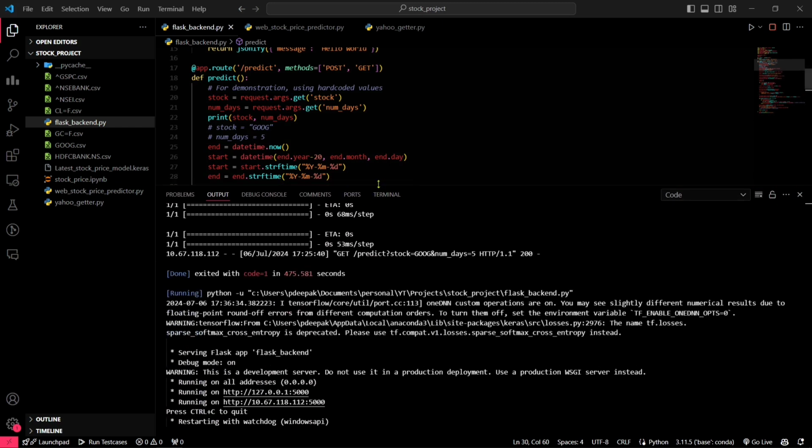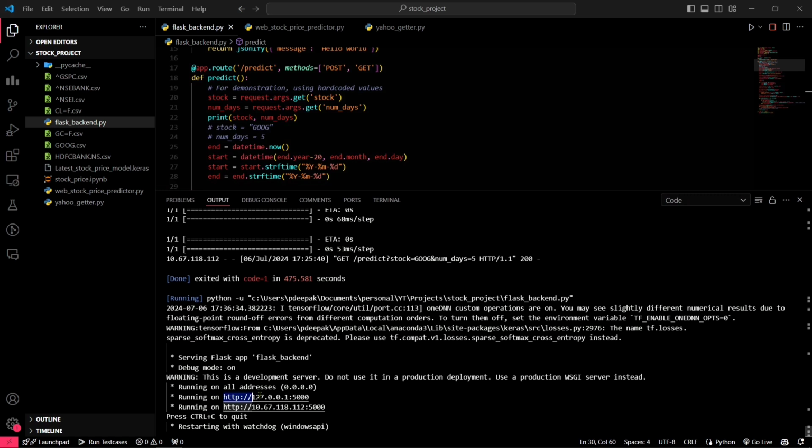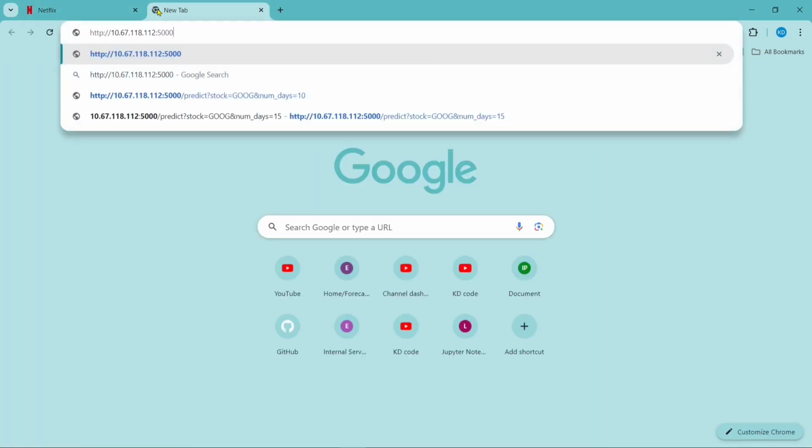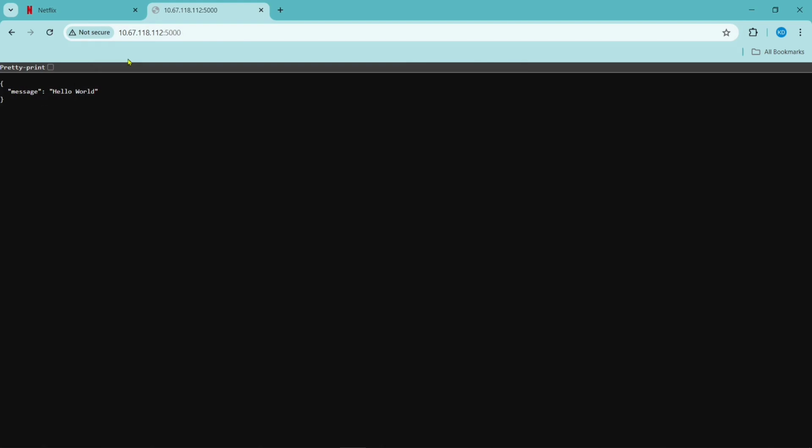So if you see here, it's running on http://127.0.0.1 and 10.67.118.112 on port 5000, right? This is the URL, the default API on which our Flask server is running. Let me copy this URL first and paste it in the browser. I'm pasting it here. You see, this is the default URL and it is sending the message as hello world,